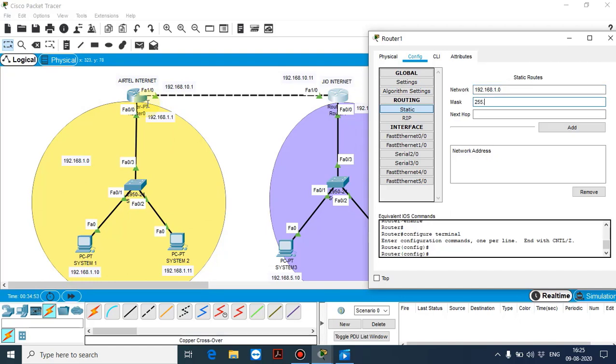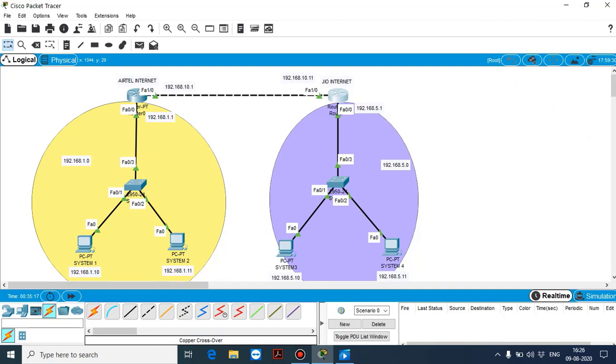Our subnet mask is 255.255.255.0. Next hop: since this router is connected directly to Airtel via this port, our next hop is the 10.1 series, 192.168.10.1. Now click add. Successfully we have added two different pieces of information about each other.